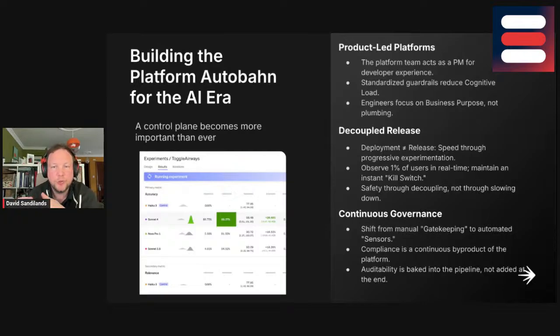We want to do light exposure to real users, maintaining that instant kill switch that feature flags give you, and give you that safety of not slowing down, not grouping things together, but being able to very quickly experiment on very precise groups of users and groups of use cases, and make fast observations,